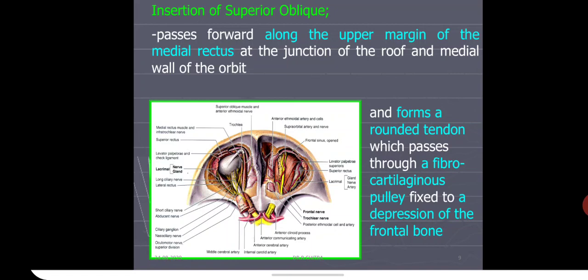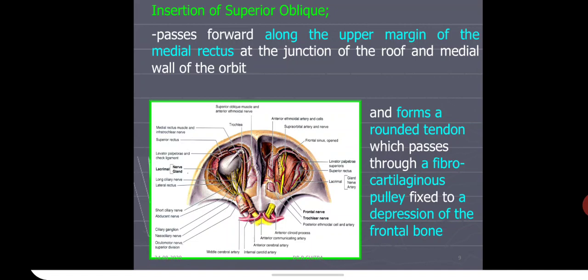This image is a good image to understand the dissection of the orbit. You see the right side orbit. When you remove the bony roof of the orbit, you can see it like this. The first muscle will be the levator palpebrae superioris. Just below that will be the superior rectus. On the medial side, you can observe the medial rectus also in the right orbit. In the left orbit, if you remove all these superficial muscles, then you will see the deeper structures.